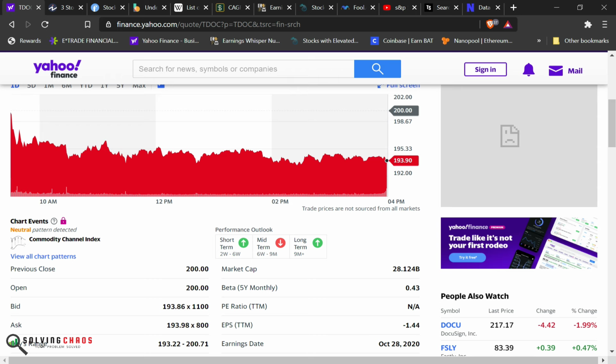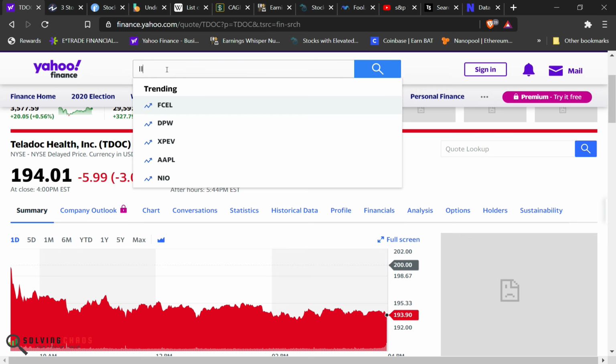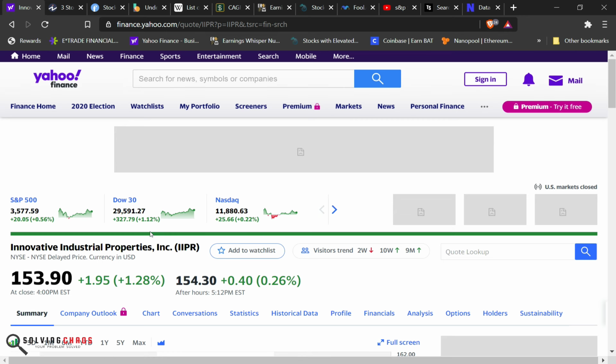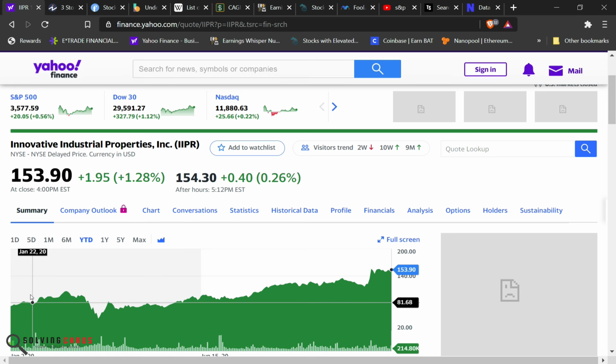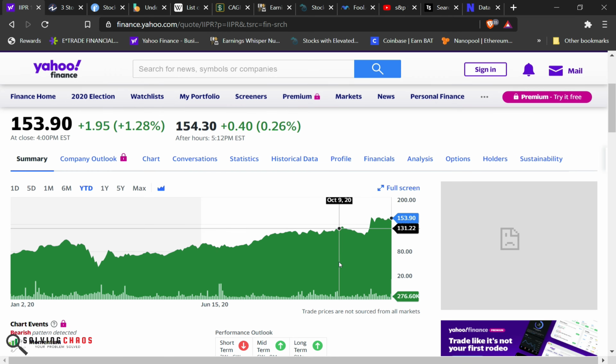The last one I'm going to recommend is probably the smallest one and probably the most controversial. But I needed to pick a real estate business or a REIT, and this is what I came up with. Here you go. Let's look at the chart. It went from $70, $80 all the way up. They are in the cannabis space, and by far the smallest business that I have. And unfortunately, this size of market cap is still too small for the S&P 500. So maybe they'll get there eventually.